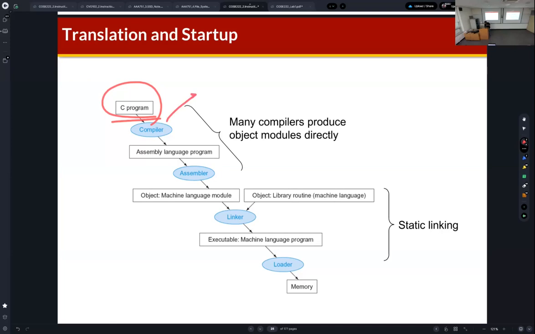GCC, with the -S option. If we use the -S option, then GCC will generate the assembly code. So using a compiler, we can generate the assembly code from high-level language code. And then using an assembler, which is also GCC, we can generate the object file. So this object file just includes the